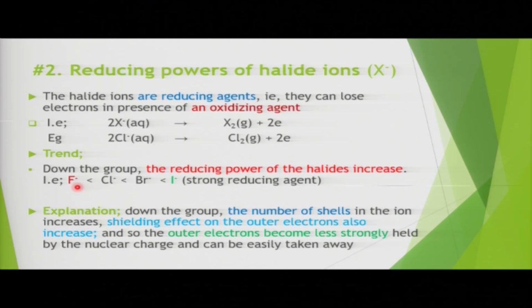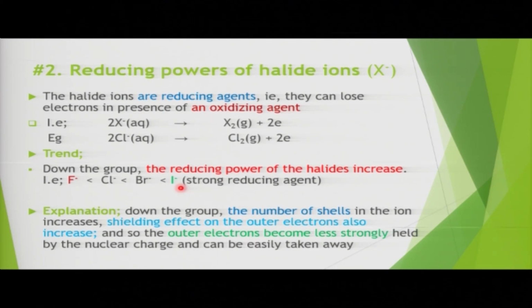Oxidizing: the fluorine atom gains electrons more easily than the iodine atom. Reducing: the iodide ion loses electrons more easily than the fluoride ion. Do you notice that? Same explanation. With reducing power,